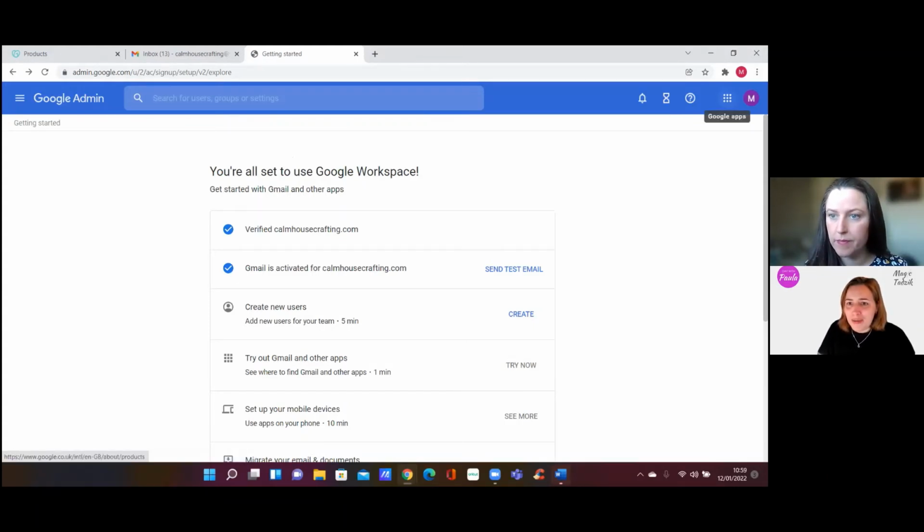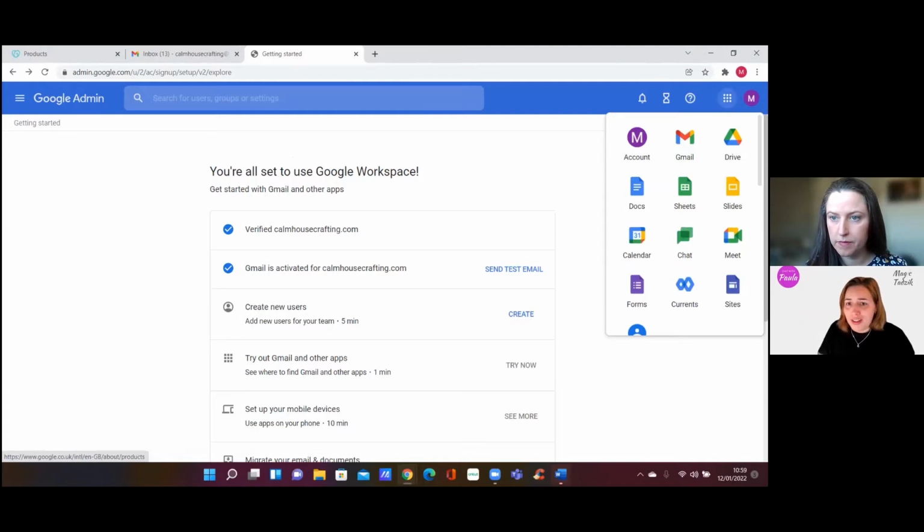This is Google Workspace, which is all the Google apps all together. Very similar to Google Drive. So if you click on that for me a second, you'll see now everything that's available to you. If you want to click on the Gmail tab,